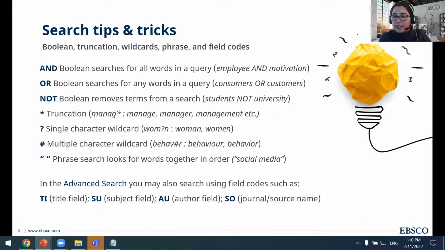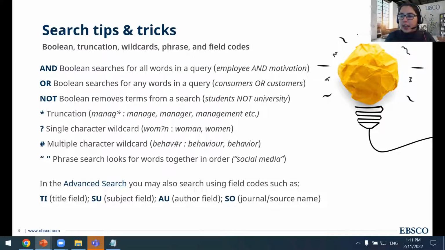So especially if you're doing advanced searching, which we will cover, we have what we call Boolean operators, and these are reflected in the commands and, or, and not. And so when you use any of these commands, you're creating different connections between your search terms, and you're indicating that you want the search to retrieve certain types of results. So for example, if I use and between my words, my keywords in the search query, I'm telling the system that I want to search for all those words. So it will have a more precise result list. So for example, I might be looking up the concept employee motivation, or I want to see what motivates employees.